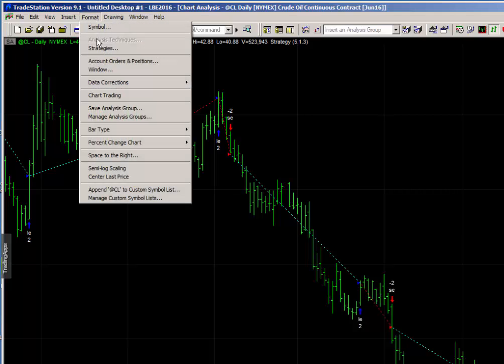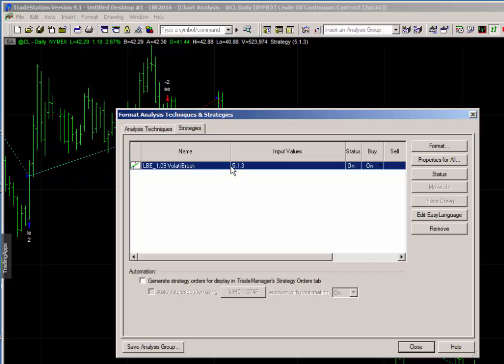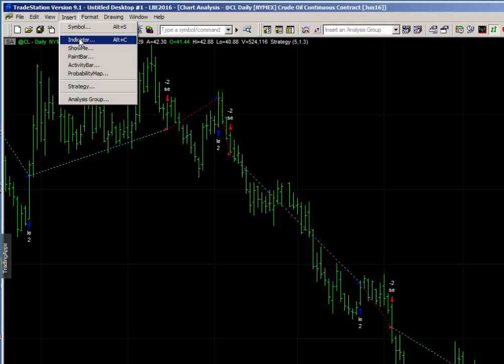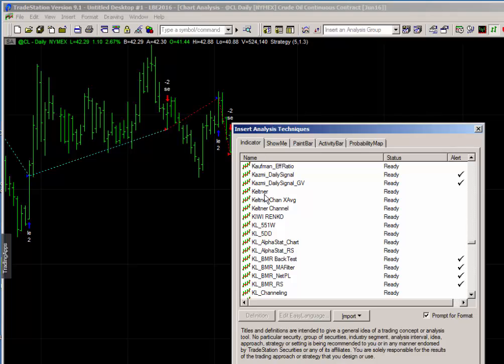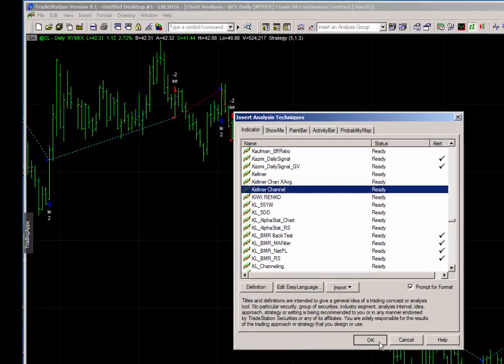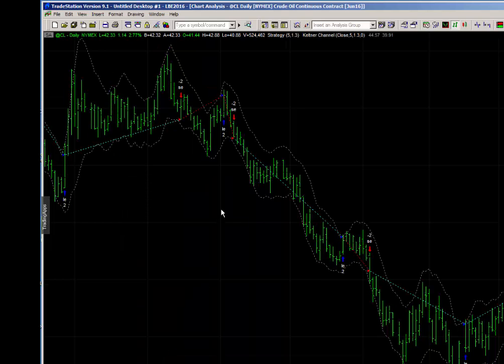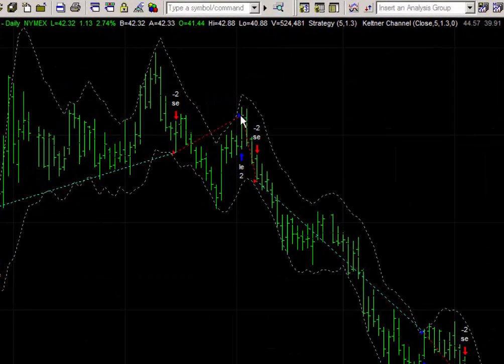Let's see what our strategy is using for inputs, 5 and 1.3. So I'm going to insert the indicator, the Keltner channel. I'm going to select 5 and 1.3, and we will notice that it actually appears not to be hitting the Keltner channel at the